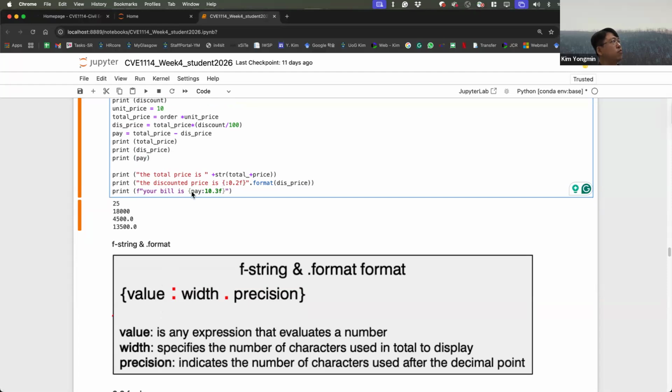But this one, we express the value and put colon and then put width, which specifies the number of characters used in total to display. This one is 0, this one is 10. And period, dot, and precision indicates the number of characters used after the decimal point.